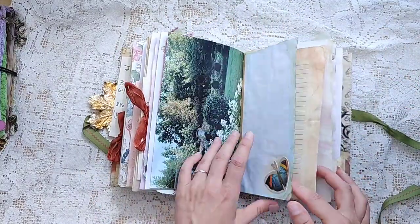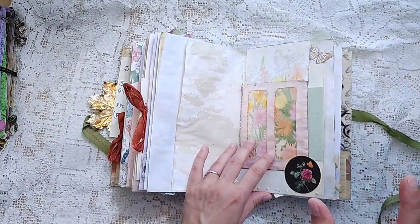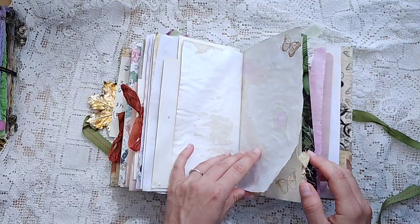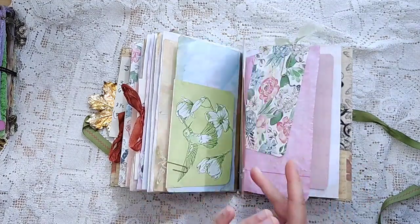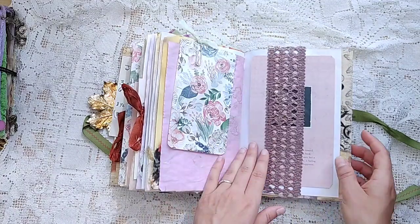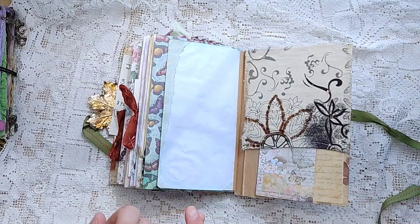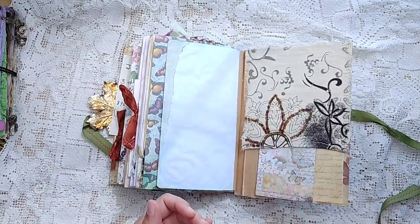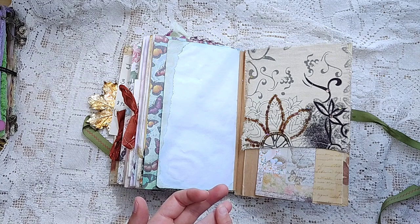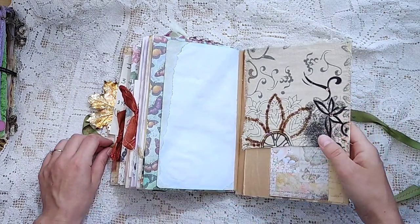You don't feel deprived looking at it. I didn't get 50 different stamps. It's very pleasing to the eye. So if you create journals, if you love picking the perfect stamp for every page and you don't mind taking the time for that, that's wonderful. But if you're looking for a way to either take up less room while you're creating, or maybe you're a newbie to this and you haven't made many journals and you think you can't make a nice journal because you don't have